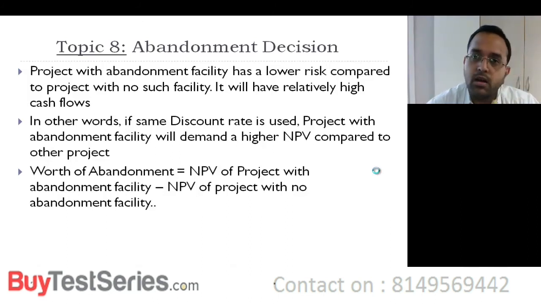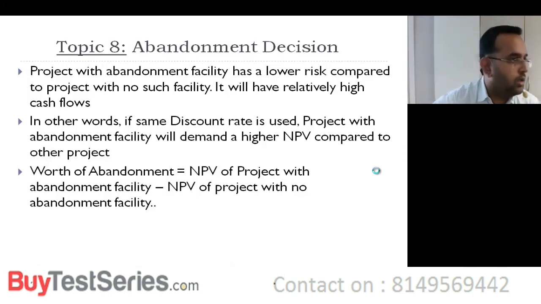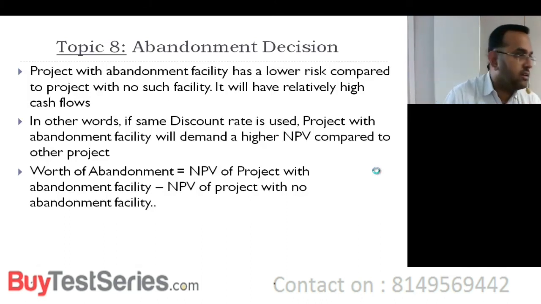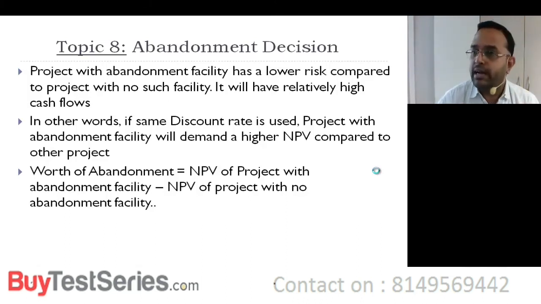I'll give you another example. One of my clients is in the construction business, real estate, and we wanted to have some investments. So we had a discussion with Aditya Birla. The Aditya Birla real estate fund is there. The fund manager came and we had a discussion. He is ready to invest in our company, but he wants us to confirm that after 3 years, he wants to exit the project. He doesn't want to keep the investment in my company lifelong.